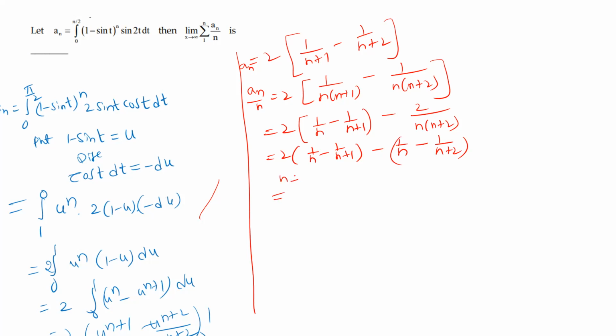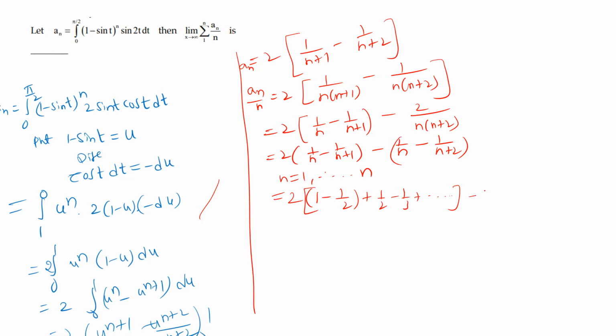Now we are taking n values from 1 up to n, that is, the summation is there. Later we can take the limit as n extends to infinity. Summation from 1 to n. Directly I am writing 2 into 1 by 1, minus 1 by 3, and so on. Like that, all terms we are taking up to the last value n. All terms will get cancelled, because n is approaching infinity and 1 by infinity is no problem.